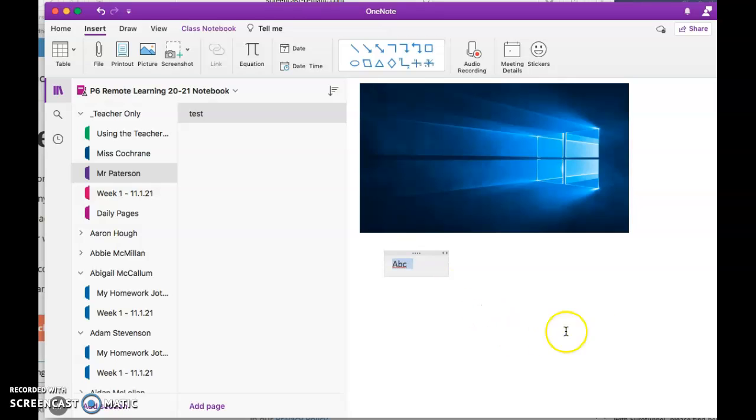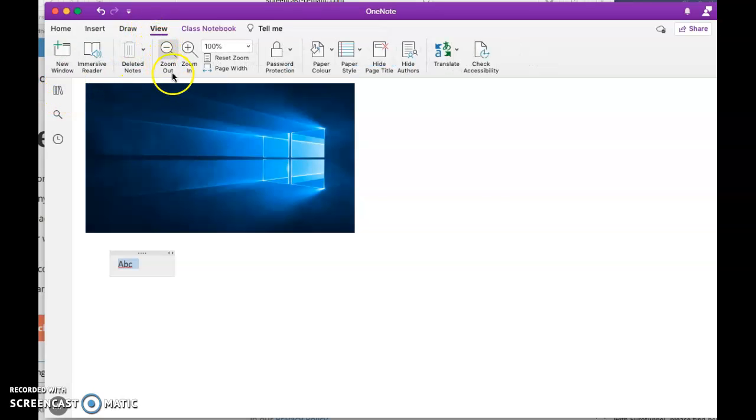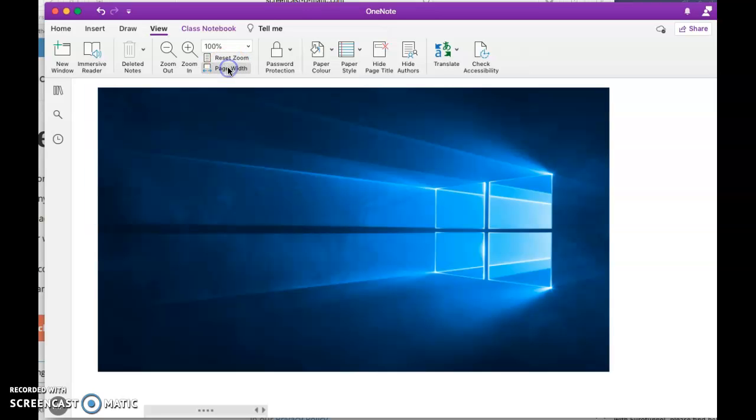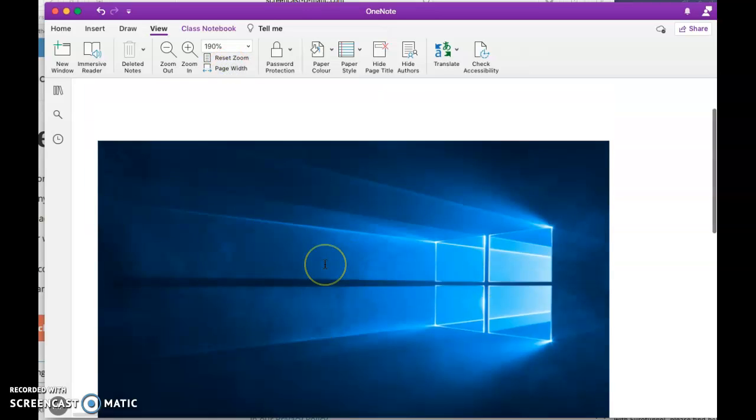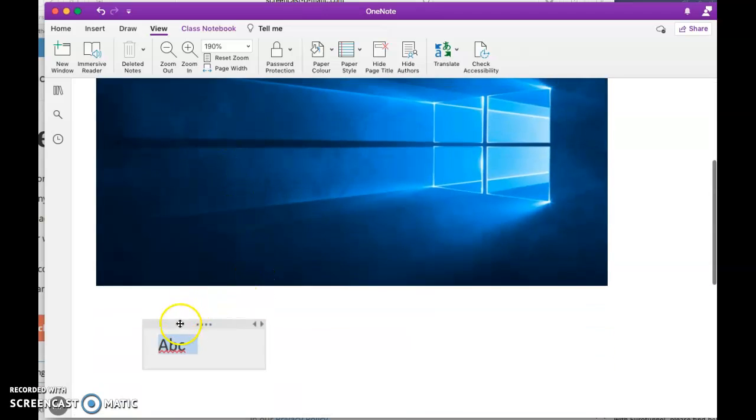And if you want to see everything on your screen as on one page, you can hide the tabs at the side by pressing this button here. Click on View, and then there's a page width button. If you click on that, that puts it onto one page. So you can see it's a test page, today's date, and there's some